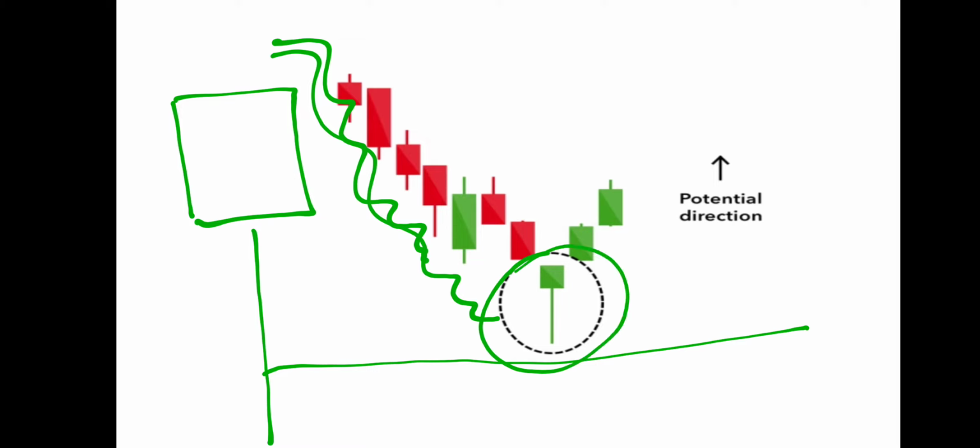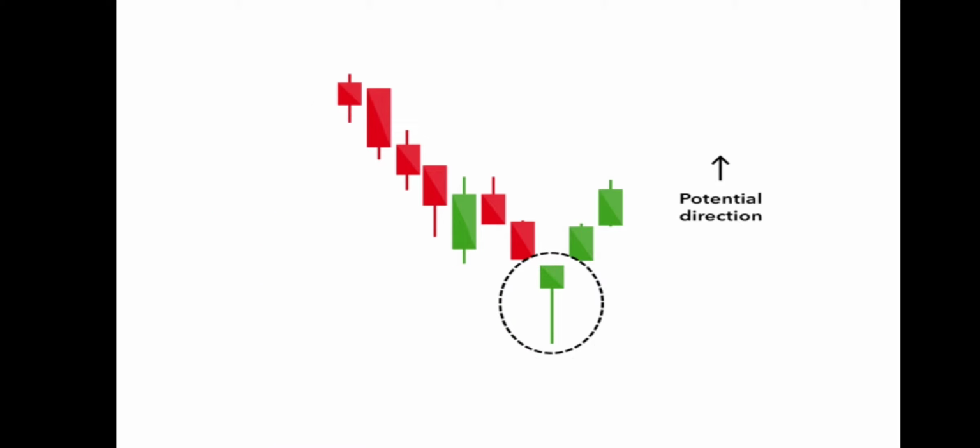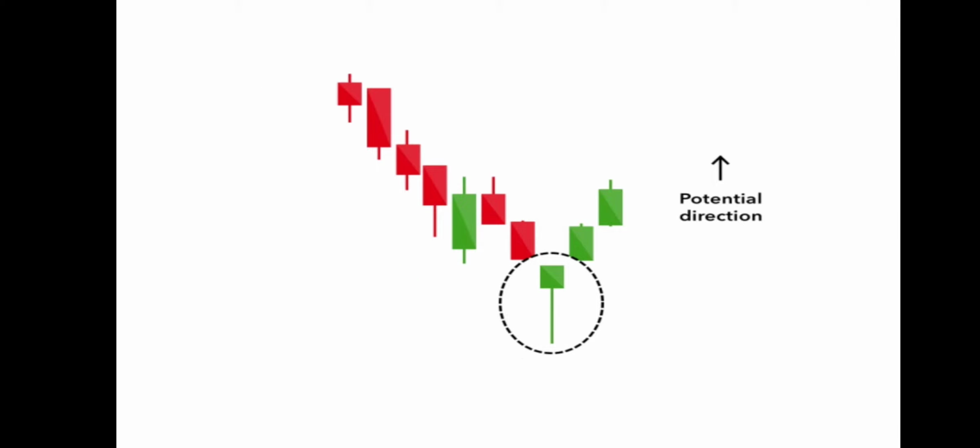Hammer works very effectively. If a hammer candlestick forms after a downtrend and at the support level, then you can enter at this level. When another candle confirms it, it is a confirmation that your stock will go up, and you can enter here and enjoy the profit. This is an important candlestick chart pattern. It's a single candlestick, and you will get a huge benefit if you learn how it forms. You only have to remember 2 things: one is the downtrend, and the other is a support area, then you will get maximum return.